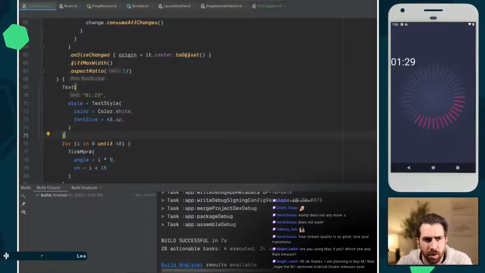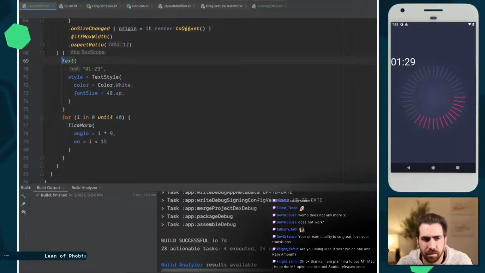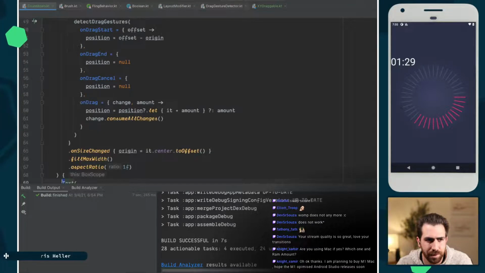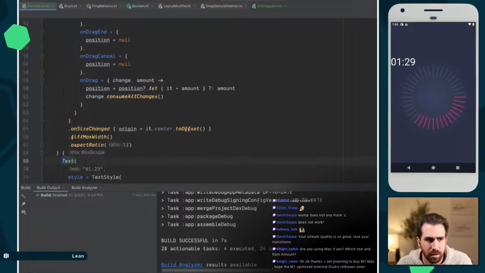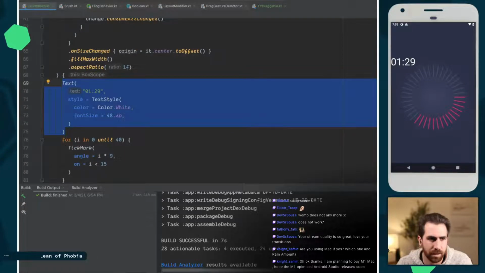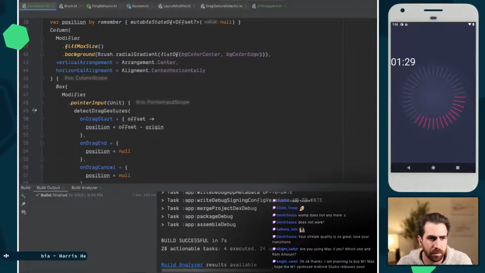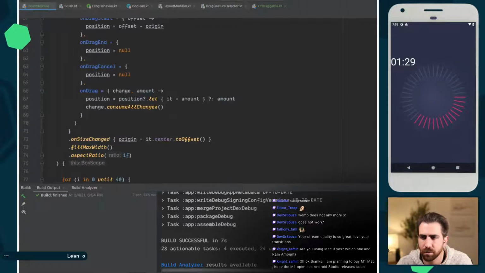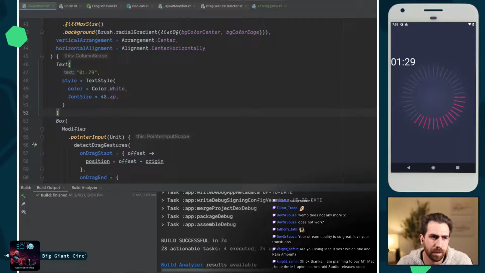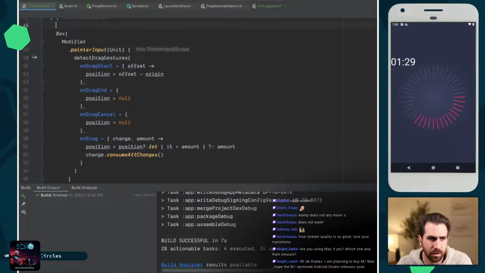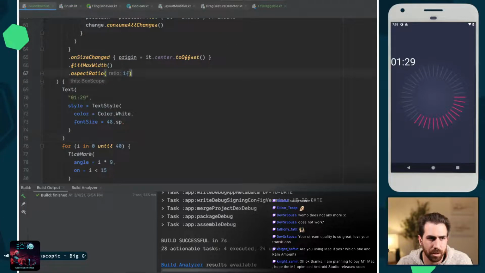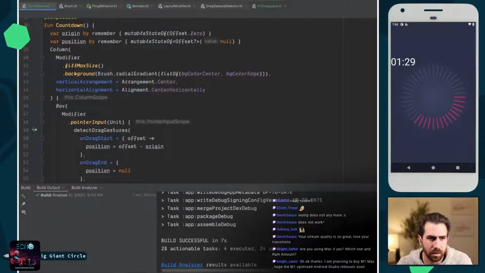Okay, so I'm wondering why this is not getting centered. I'm not sure I understand that. Oh, it's because, I see. It's inside of the box, so if I put it here, it would be different, right? But it's still going to be on top of the box. I see. So I actually do want it here. I'm going to keep it there, and